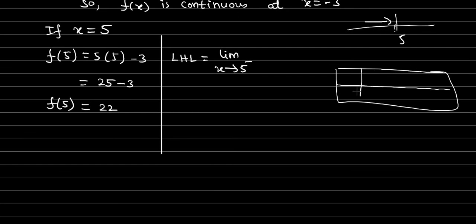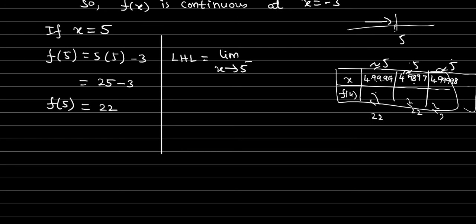Imagine infinite real numbers: 4.9999, 4.9897, 4.99998. Many like this, we can continuously put the close values of 5. Even when we round, all values are approximately 5 only, right? There is a uniformity. The values are different, but when we round them, all become 5. When you substitute these close values in this, the result will also be approximately 22 only. The values will be different but the result will be approximately 22.